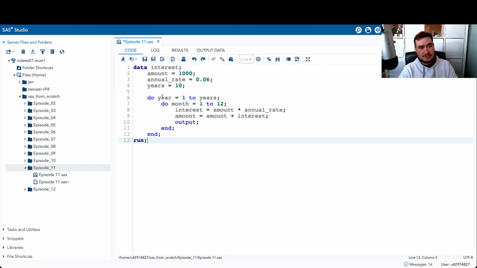So we know that this is going to run from year 1 to year 10. Within year 1, it's going to go month 1 to 12. For year 2, it's going to go month 1 to 12. And we're going to get all of these different months for each year output as well. Now, the only thing that we need to adjust here is the amount of interest we earn is not going